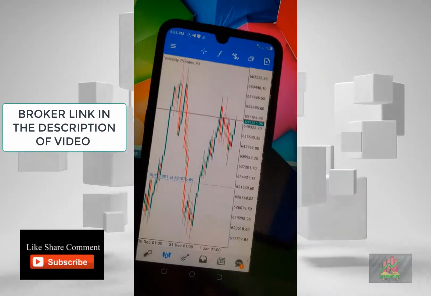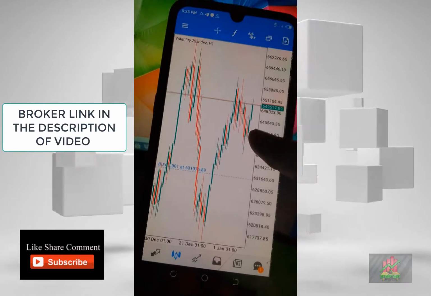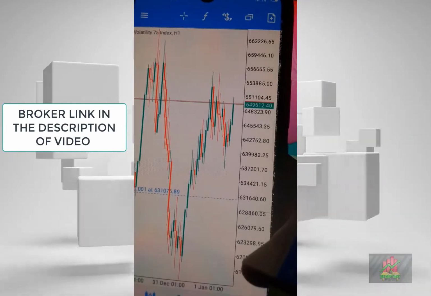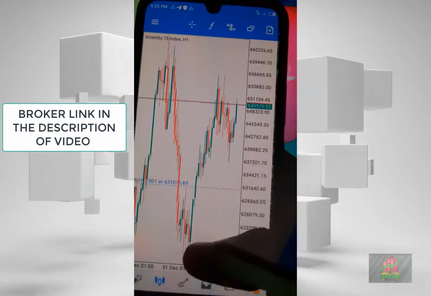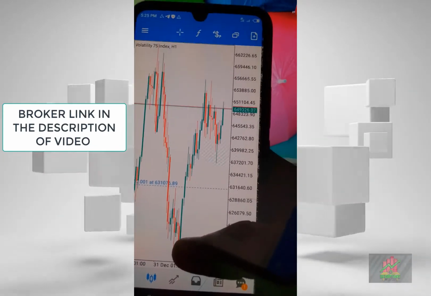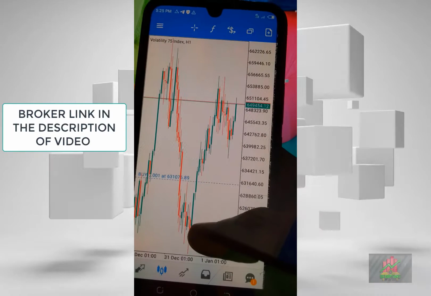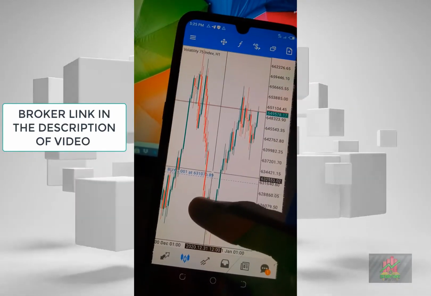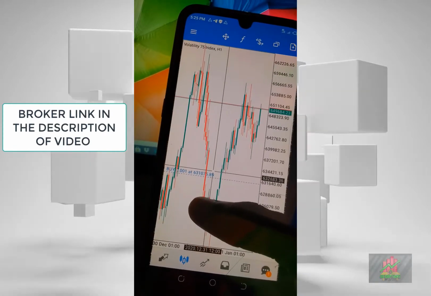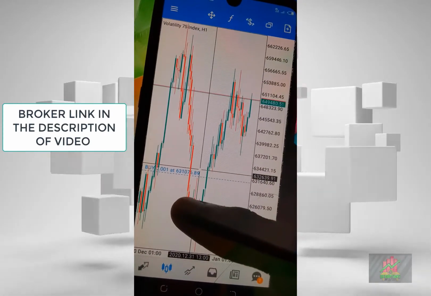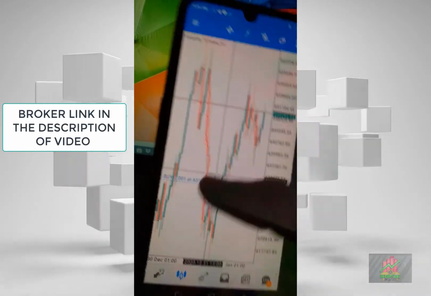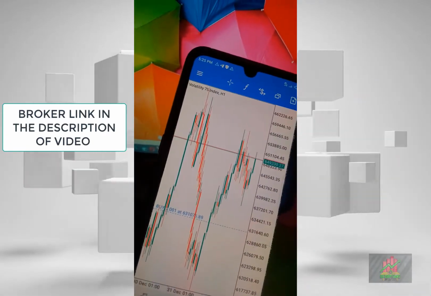So when you look at VO 75, this is 75. As you can see, I'm in very good profit. So if I want to secure profits, I just decide where to place my SL. So let's assume I want to place my SL here. I just look at the figure and then I move the SL there. So let's assume I want to move my SL to